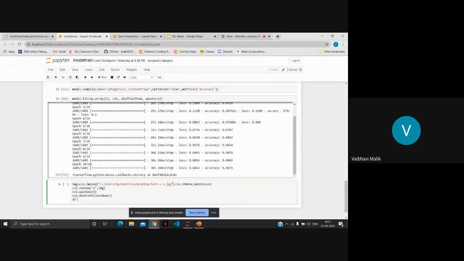Now let's test. We will run a condition until our image is not None. The first step, as we did earlier, is to invert the colors of the image. Then we will use the threshold function. I told you about this yesterday, that it converts pixels up to the threshold value given, and the other pixels will be white. I have already guided you yesterday on how to use these functions. The same process we are going to do here.